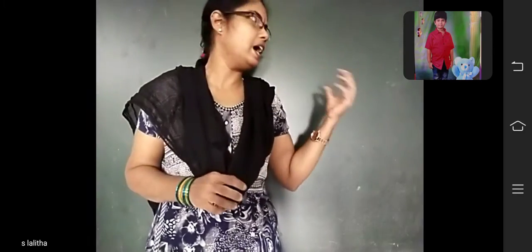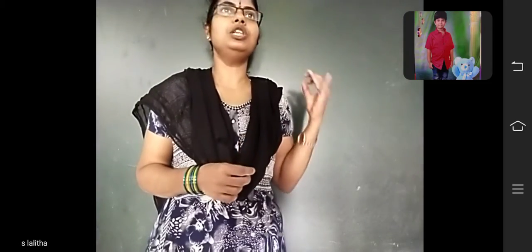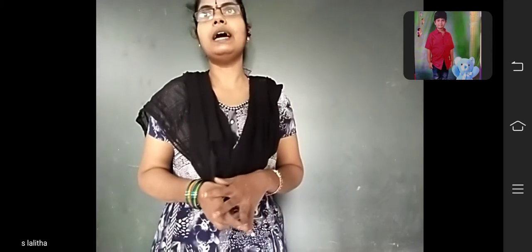We learned about the fraction. What is called a fraction, children? It is a part of a whole. So the number fraction has what parts? Numerator and denominator. Both numerator and denominator are separated by one line. What is that line called? Vinculum. And next, what we learned: types of fractions.